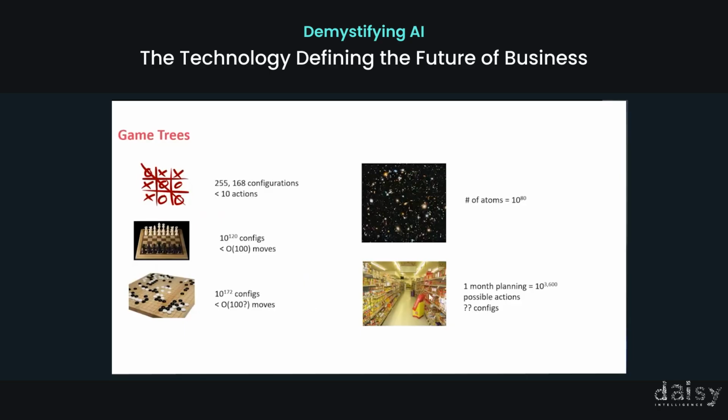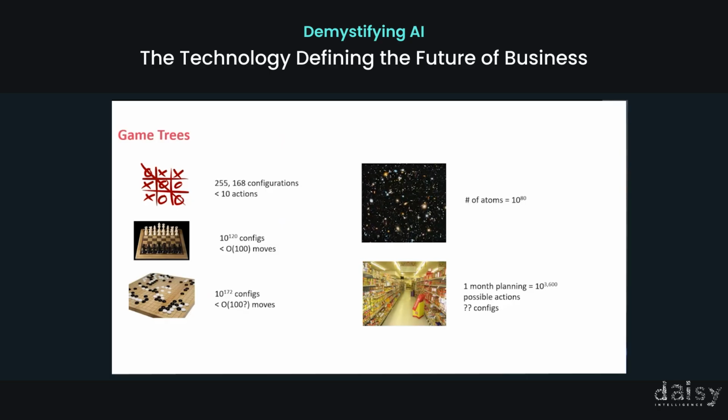So if we think of the game of X's and O's, that game has less than 10 actions, has 255,000 possible configurations. And so we could probably build a Markov decision process to say, if the game is in this configuration, this is the action I could take. That's a game that we could program entirely all the logic into an MDP, and the computer could learn those transition probabilities with the goal of the delayed reward to win, where winning means you get 100 points, losing means you get 0 points. And you could completely program it into an MDP.